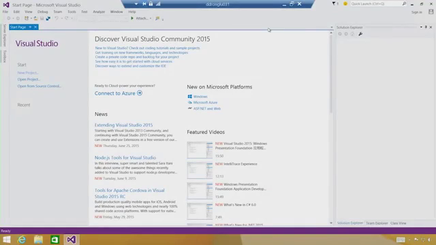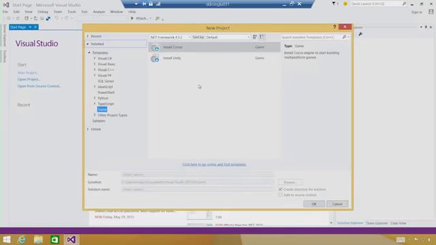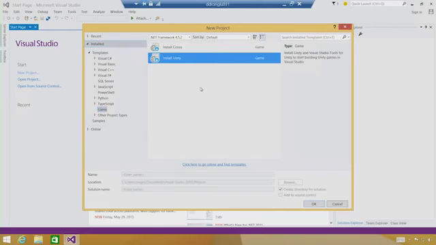Here I am in Visual Studio 2015 Community. As I mentioned, once you have that installed, this becomes your one-stop shop for getting everything else. So what we're going to do is go to the New Project dialog. On the left side, you'll notice we have a Game node now. Underneath that, you can now pick to install Unity right from here. So if we click OK,